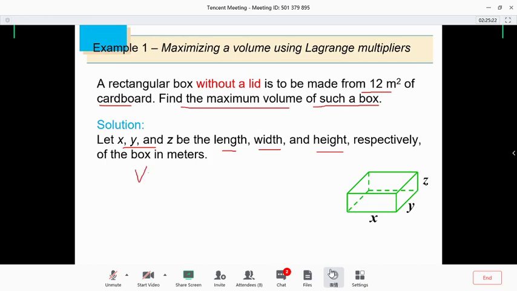The function for the volume will be V equal what? Because x, y, z are the length, width, and height, the volume will equal x multiply y and multiply z. So it's equal xyz. And for the area, because there is no lid, there will be five parts. So the area will equal